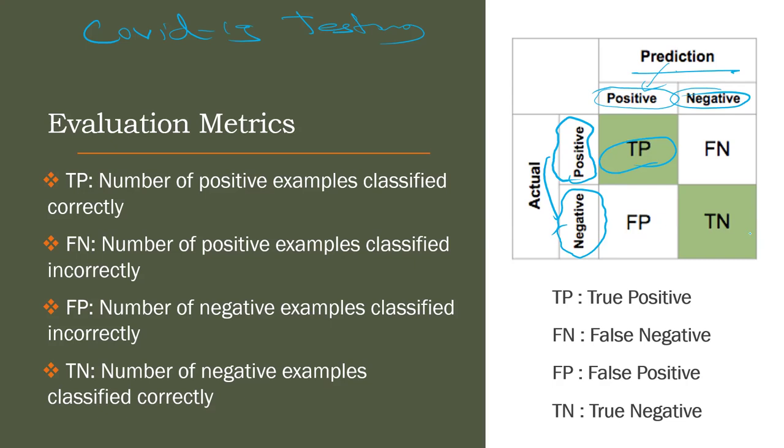If you look at the population, actually some people are positive for COVID-19, and some are negative for COVID-19. Let's say 100 students are actually COVID positive. 150 students are actually negative for COVID-19. Now tell me what is TP. Now I'm asking you a question. Tell me how many instances